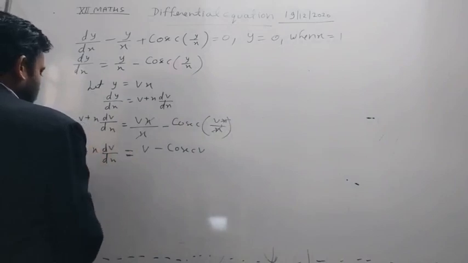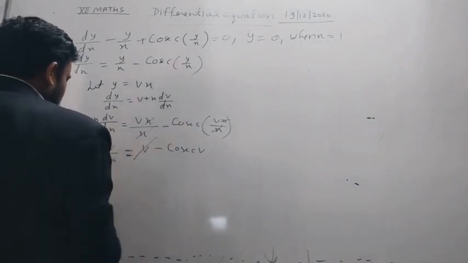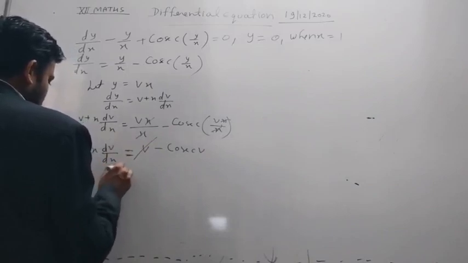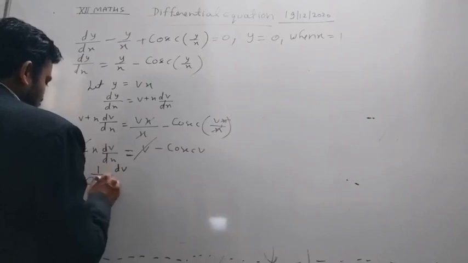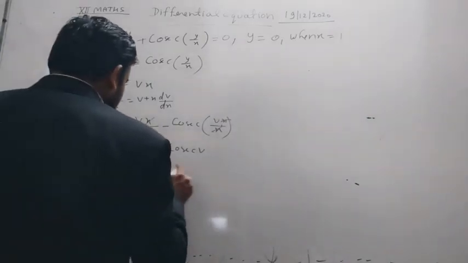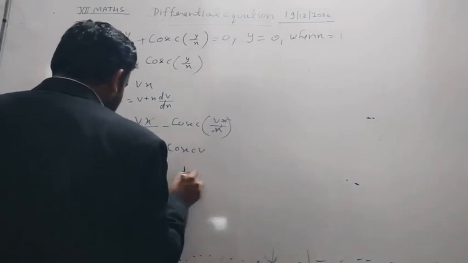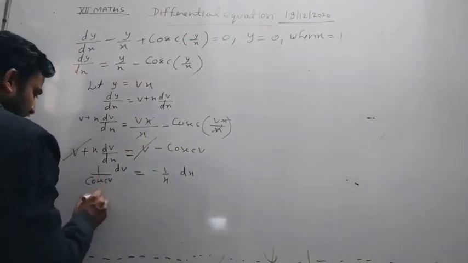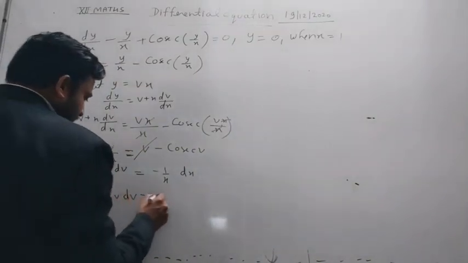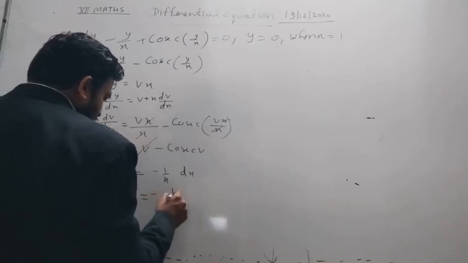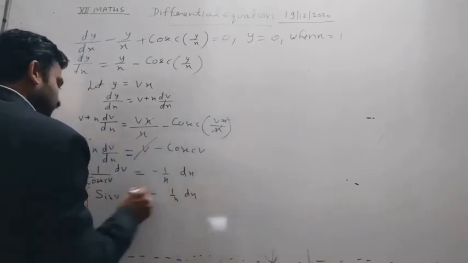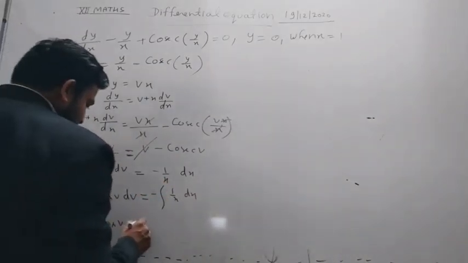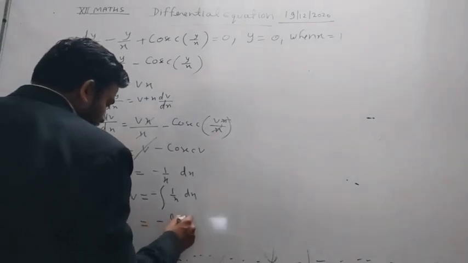Here v plus this v and v will cancel. So we get dv, and this is 1 by cosec v, and this is dx, and 1 by x with negative sign. Okay, now we can write this as sin v dv, and this is 1 by x dx. Now integrating both sides, we get minus cos v, and this is minus log of x